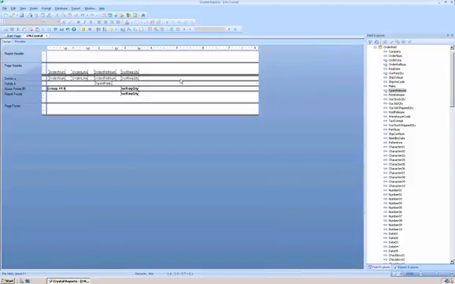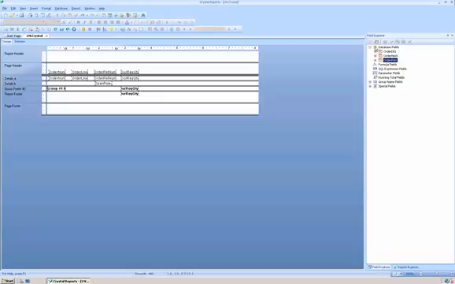Next, we'll demonstrate developing a formula for your report. So you can collapse all your fields so that you can more easily see the formula editor, and you click on formula fields, and then you can right click and say you want a new formula, and you can call your formula anything that you'd like. In this case, we'll just call it extension,